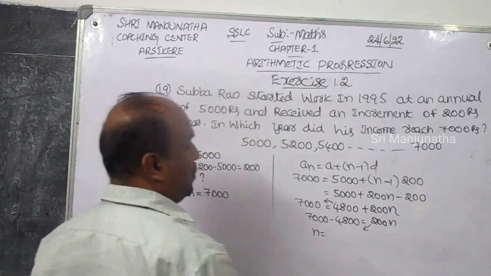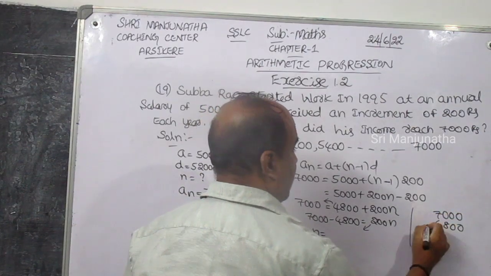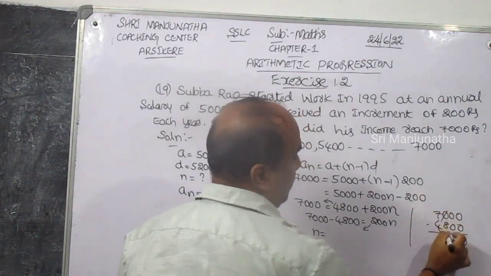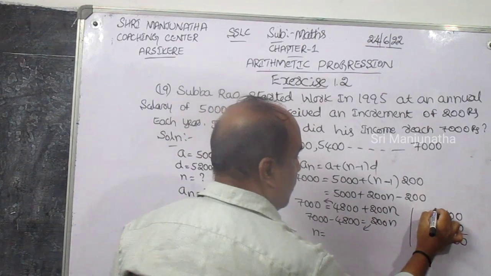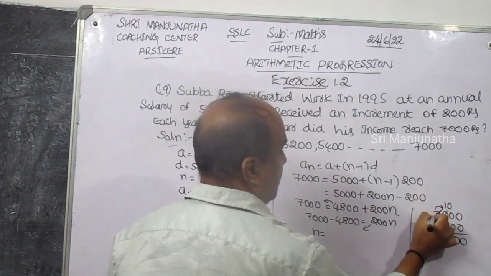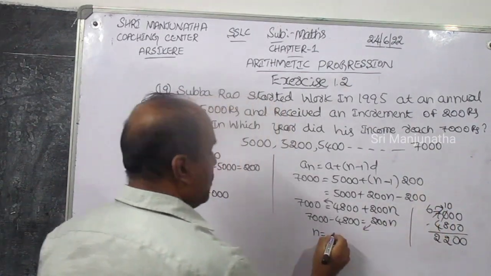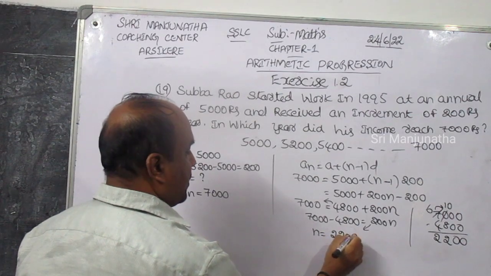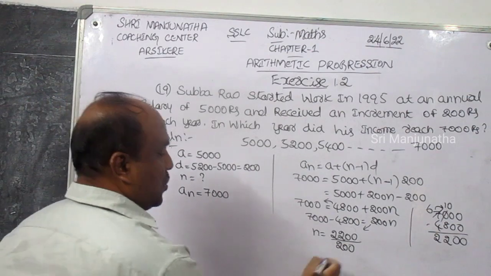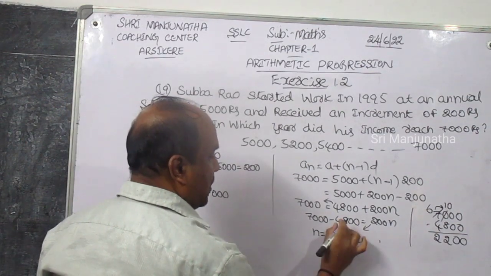Cross multiply this. N is equal to 7,000 minus 4,800. 0 minus 8 is not possible, so I have to borrow 1. It will be 10. 10 minus 8 is 2. Already 1 is borrowed, so 6 minus 4 is 2. 2,200 divided by 200. The zeros cancel. 2 ones are 2, 2 elevens are 22. N is equal to